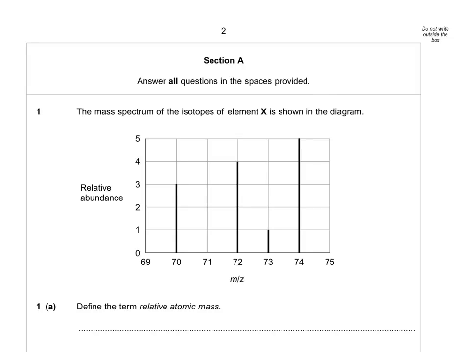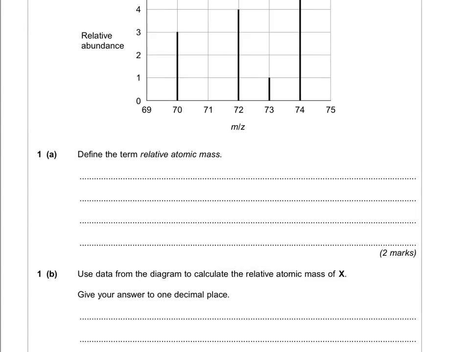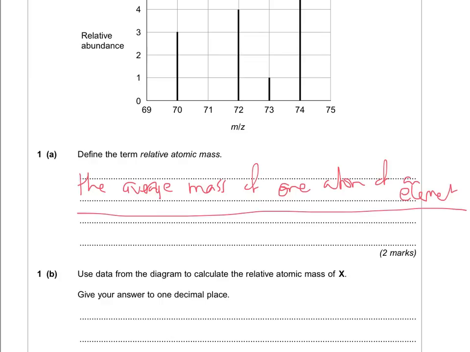So the first question asks you to define the term relative atomic mass. This is going to be on one of your flashcards, and it's a standard definition. So it's the average mass of one atom of an element divided by 1/12 of the mass of one atom